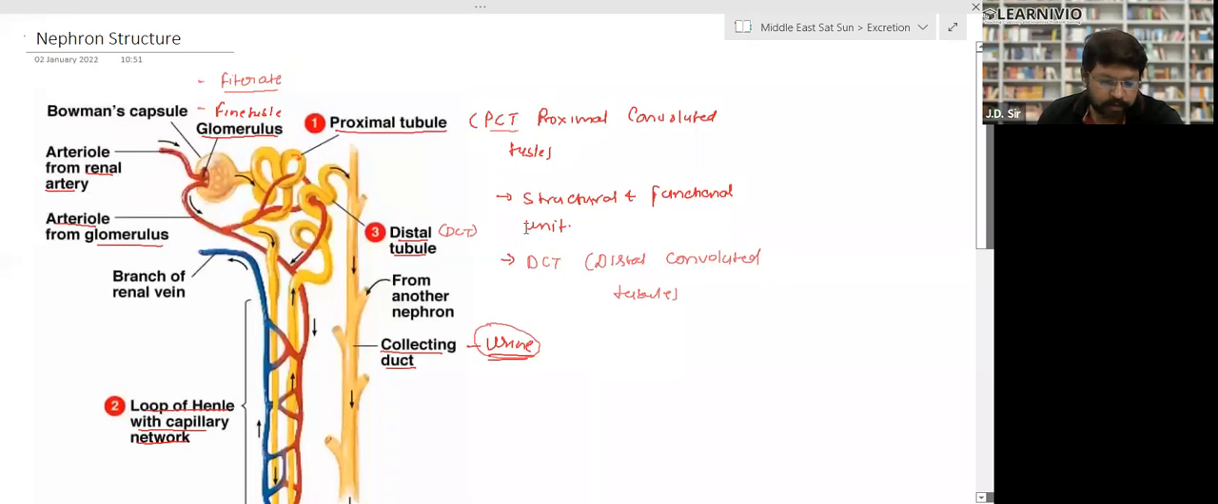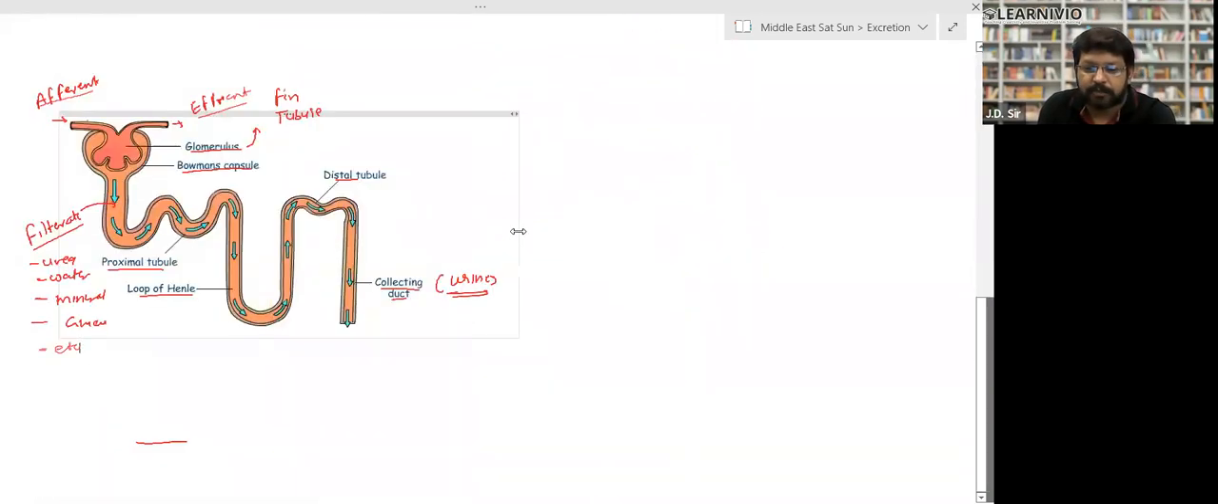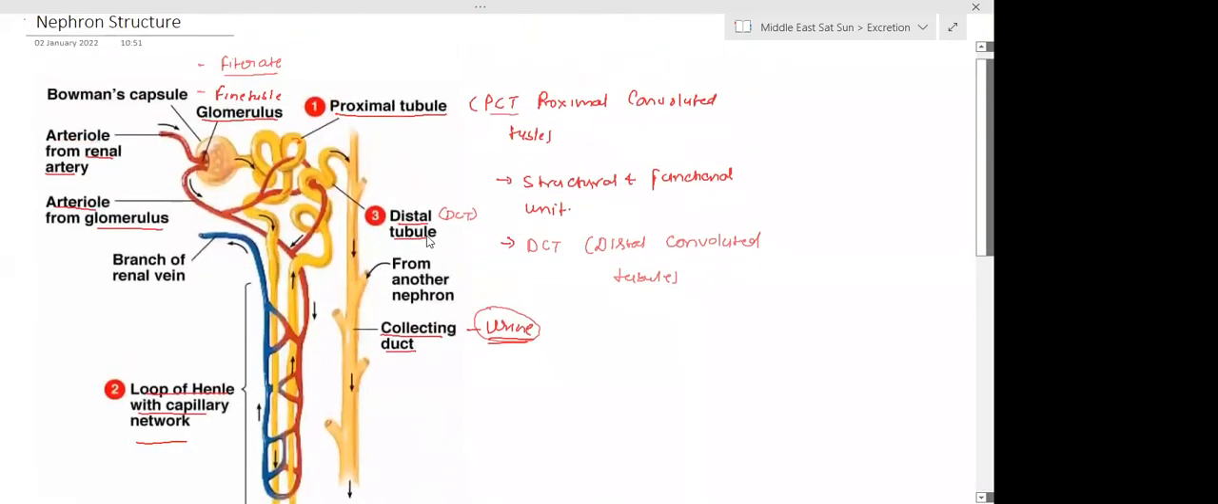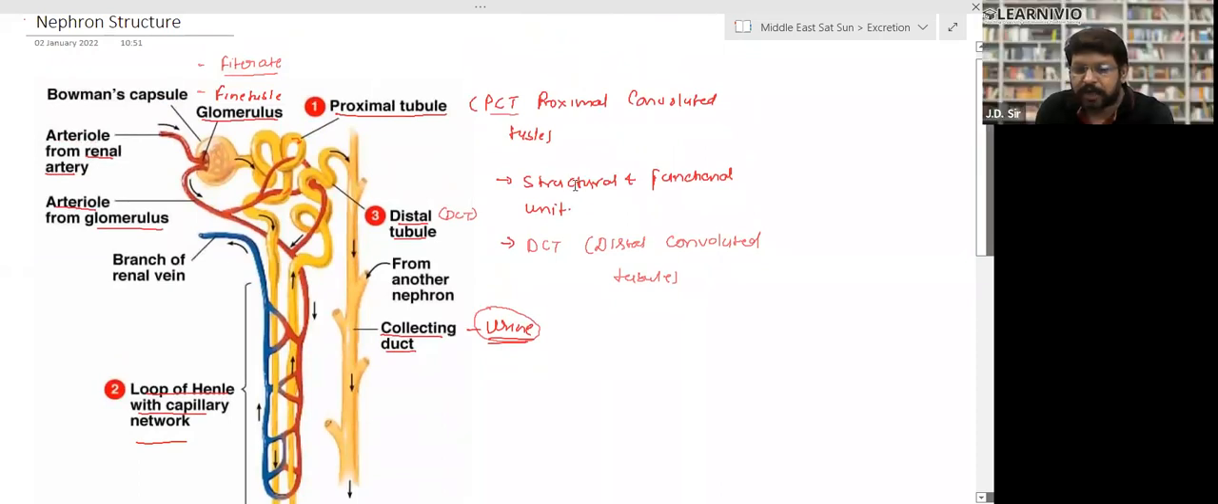This is also a nephron. Do you have this diagram in your book? Please tell me. It's in the textbook. This one diagram? Yes, sir. Okay, so I'll explain this diagram only, right? This is the structure of a nephron, right? So look,